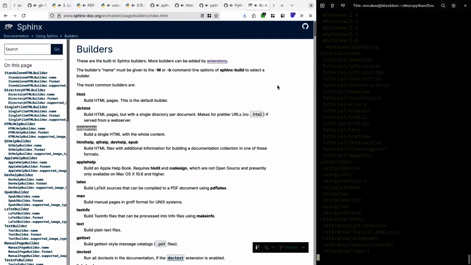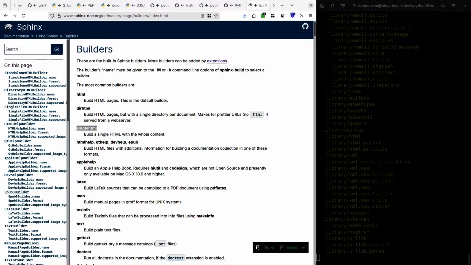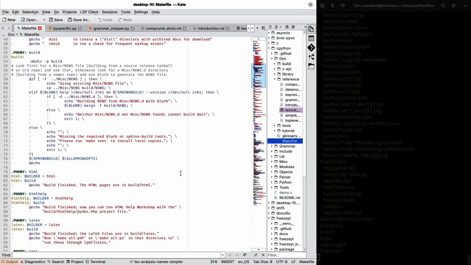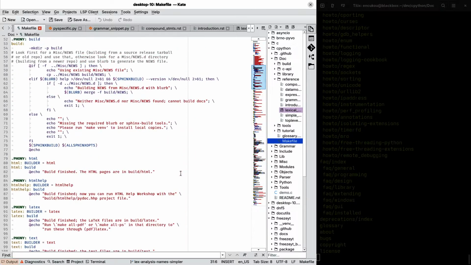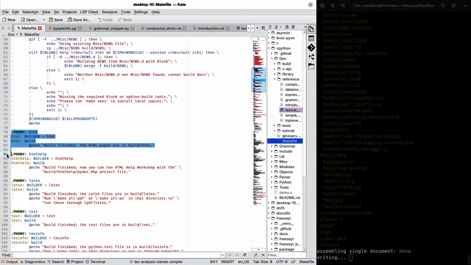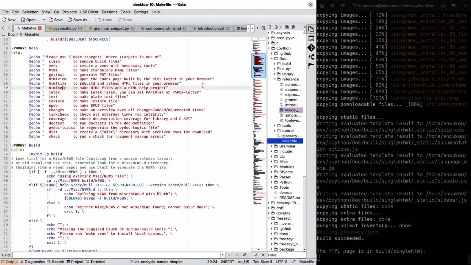And this will generate a single giant HTML file? Yes, exactly. I mean, that would be fairly easy to do with Playwright. I mean, all I would have to do is just... Exactly. So the single HTML thing you can put in the docs makefile, where you have HTML, put in single HTML, also put it in the table of contents in help.